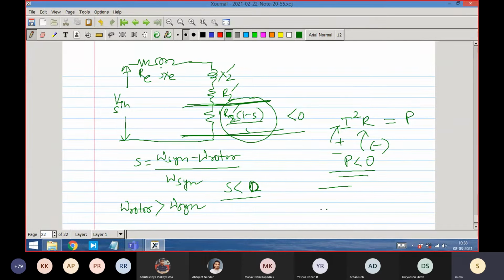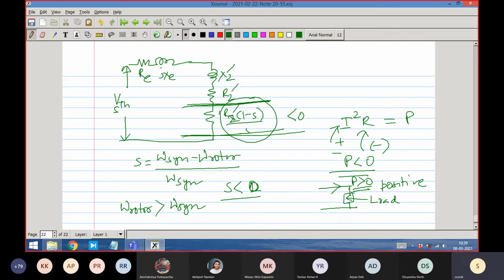Conceptually, we think of this as a black box. If P is in this direction, that is positive, P greater than 0. The fellow that is receiving this power is called a load. Who receives power? A black box receiving power has power greater than 0, positive, and therefore it is called a load. So receiving is the positive convention.